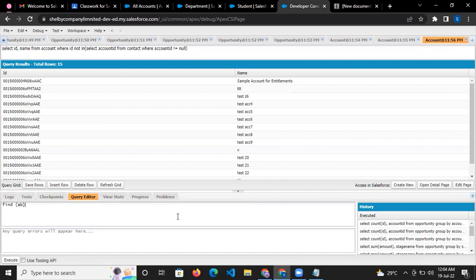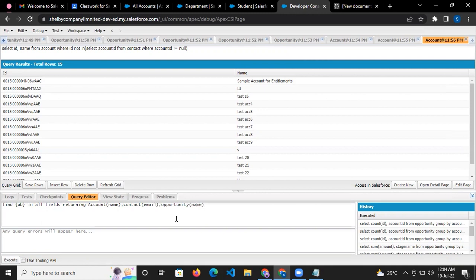Suppose I want to find this particular word AB. FIND AB IN ALL FIELDS RETURNING. Let's take, I'm writing Account(Name). Here you can mention on which object you want to find it. Contact, let's take writing Email, and Opportunity